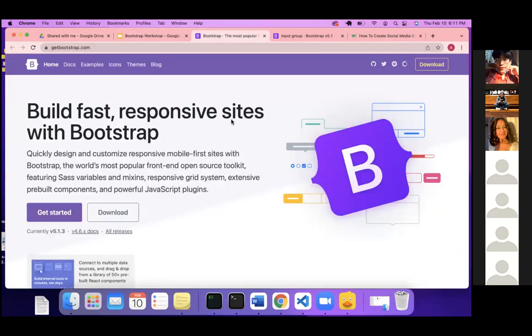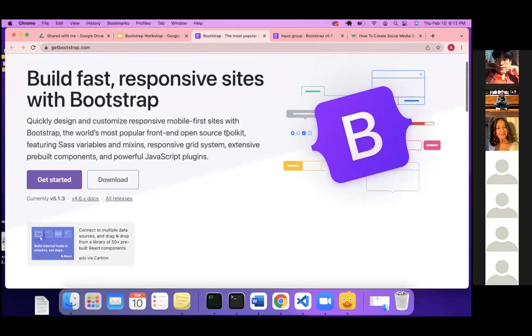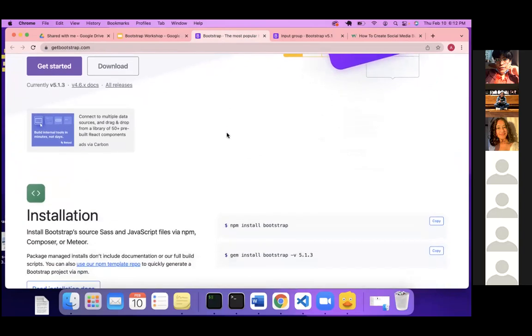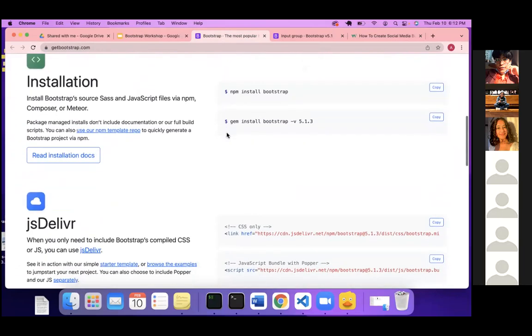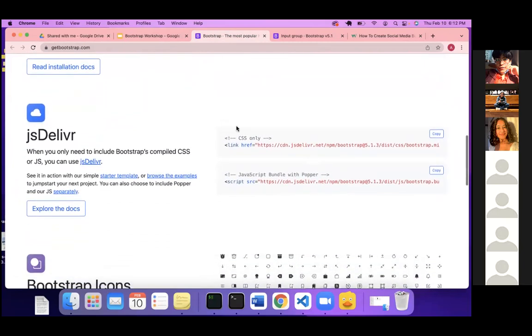If you have any experience with coding, you know that a lot of times you refer to the documentation and the documentation is complicated and hard to read. Bootstrap, however, is one of the easiest to read documentation sites that I've used, which makes it really nice to work with. So I have in my VS Code